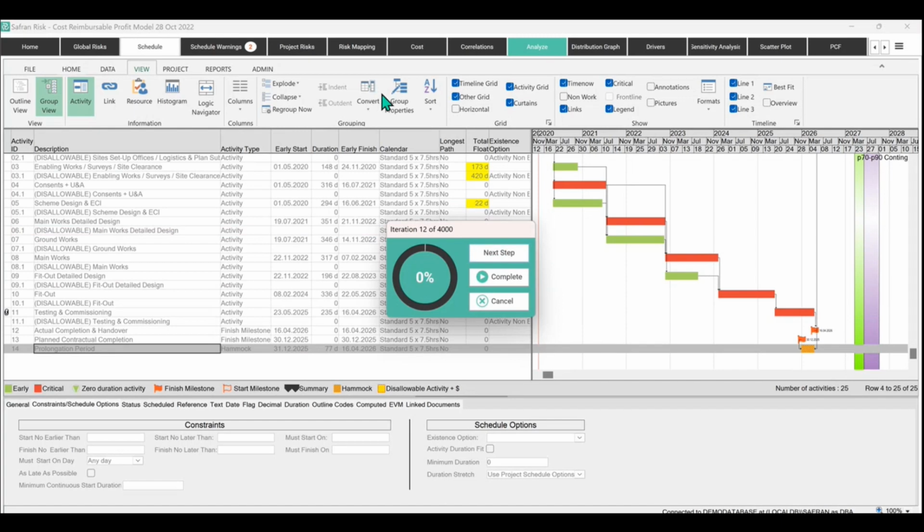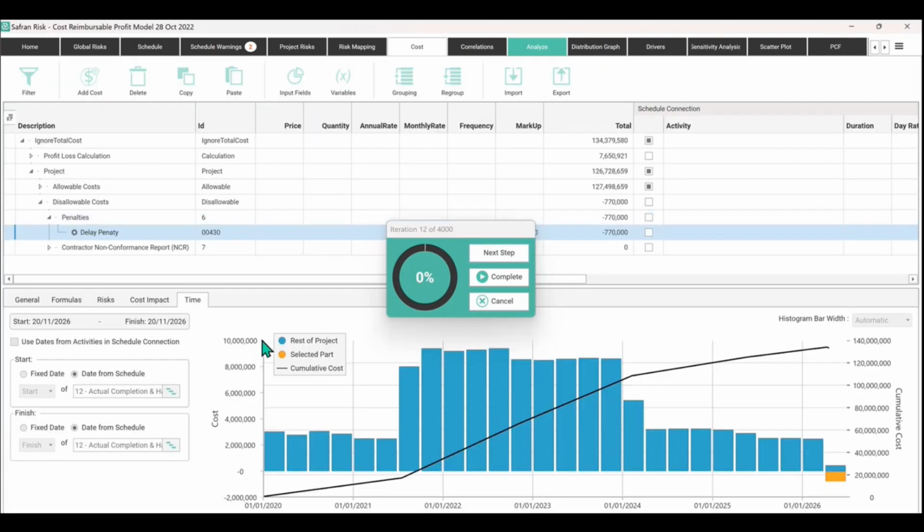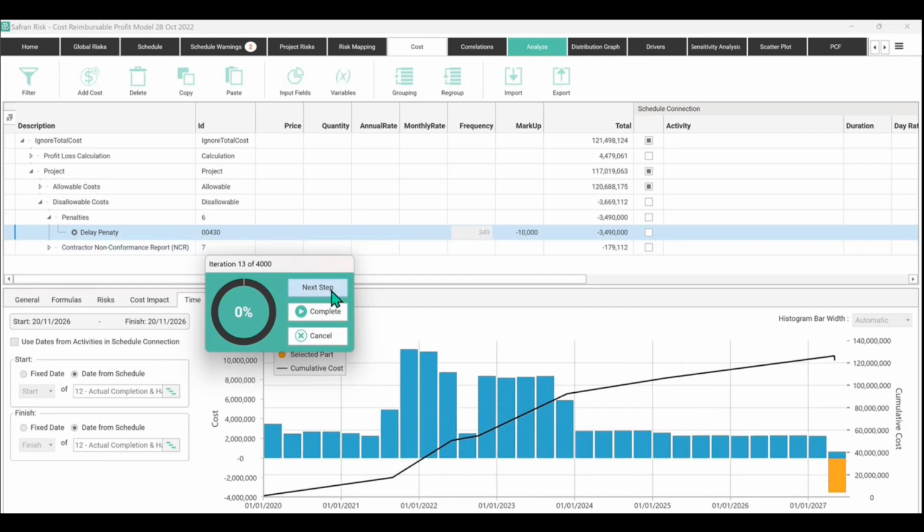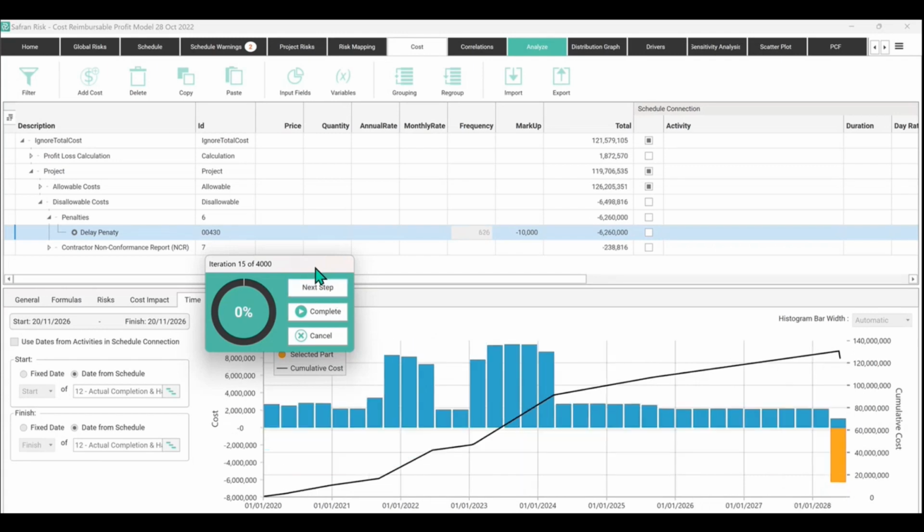Okay, so that means if I switch over now to my cost module and look at the delay penalty, I've set this one up a bit differently in terms of the number of columns, so please don't be completely confused by that. It's a completely different model answering a completely different question to what we normally look at. But getting back to the point of how I created the delay penalty, the column called frequency is referencing the number of days on that hammock. So if I step through, you can see we've got 349 days, we've got 130 days,